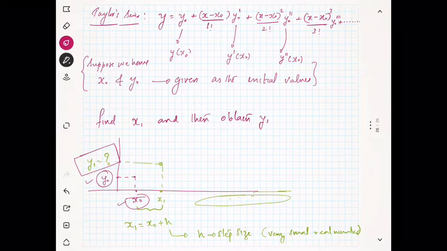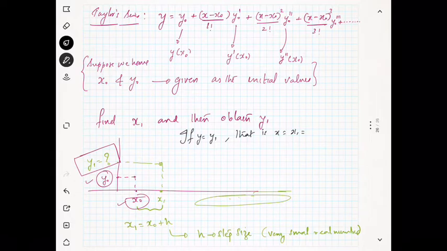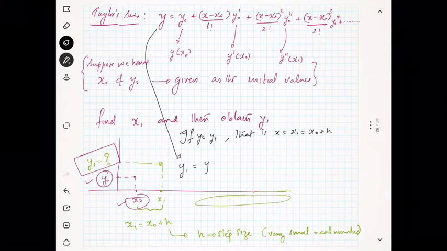So if y is equal to y1, that means we have to replace x with x1. What is x1? x1 is equal to x0 plus h. So we are going to replace this y with y1. y1 is equal to y0 plus, and what is x? x is nothing but x1, right? x1 minus x0 divided by 1 factorial plus